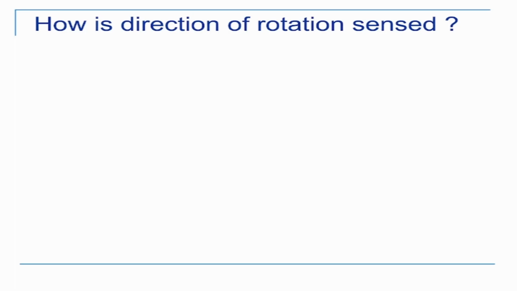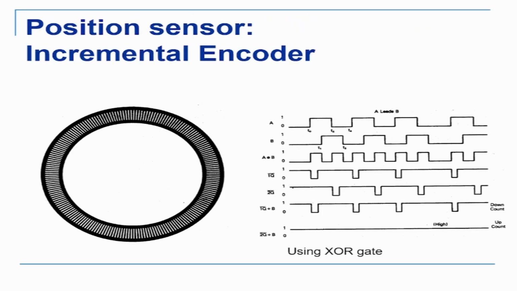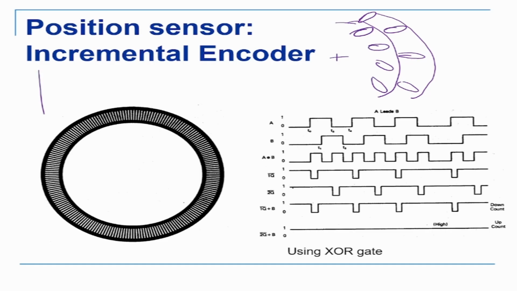We have seen that the resolution of the encoder is not very high. It's about 1.8 degrees. Okay, so what we can do is we can use two encoders. Let's look at it this way. There is one encoder here, and there is another encoder there. So these are encoders. Now there are two encoders which are placed in parallel like this.